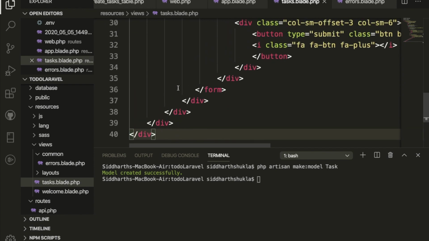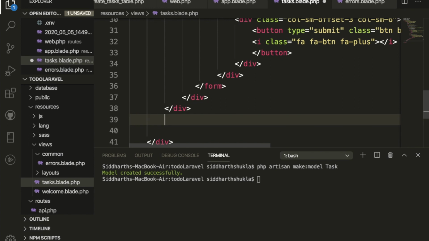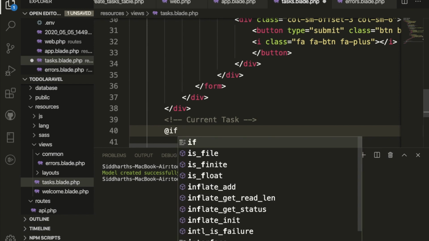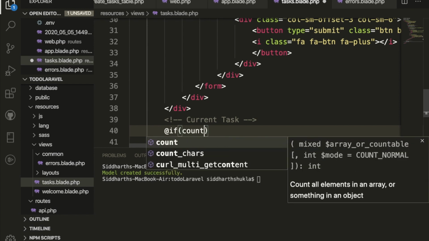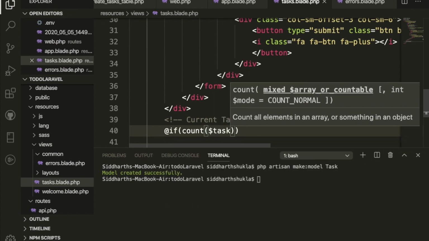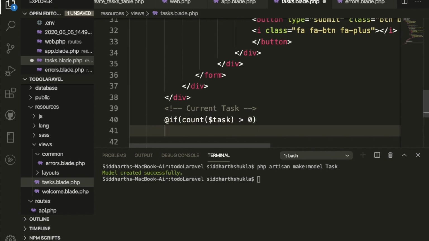Here we have the form, this one we have entered, and now I am going to add the current task. Inside of the current task I am going to use an if condition: if count($tasks) is greater than 0, then